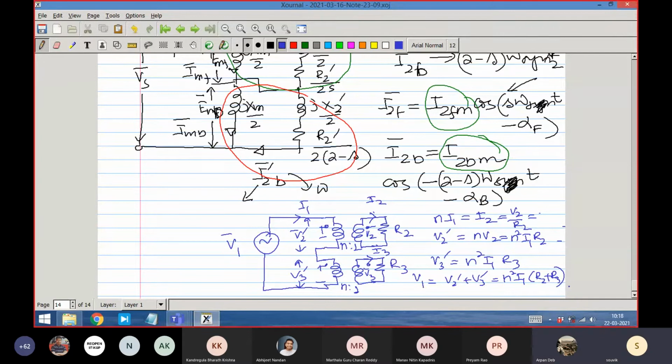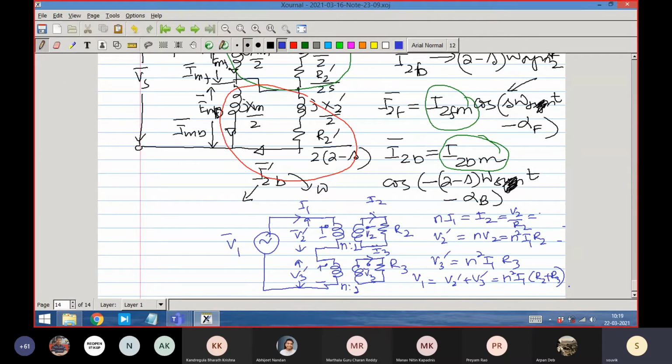Sir, in the single phase induction motor, the magnetic field is actually stationary. And if the rotor is moving with omega r, the frequency of the induced current should be omega r. So these two currents should sum up to produce a current that has the frequency of omega r. No, it will not produce an omega r current. It will produce a different current. That is what you are learning. Because of the rotation, it will produce a combination of two currents. In the rotor, there are two currents of two different frequencies. That is what you are learning.